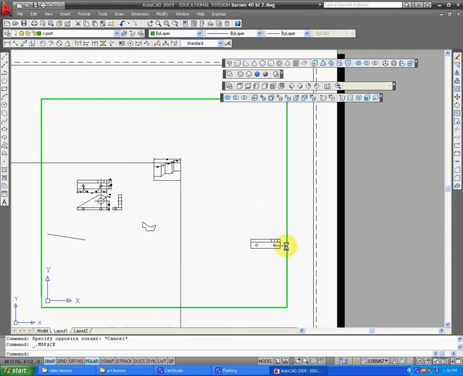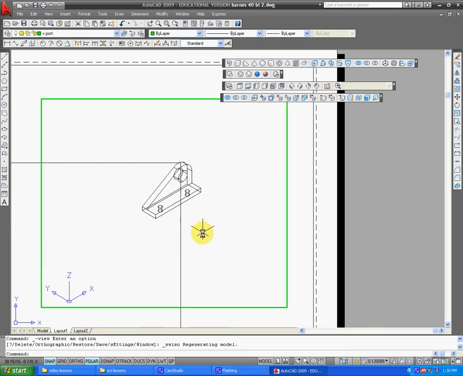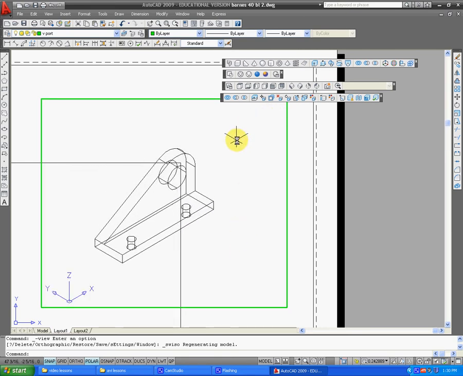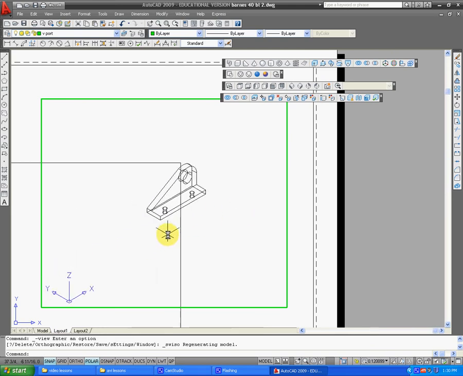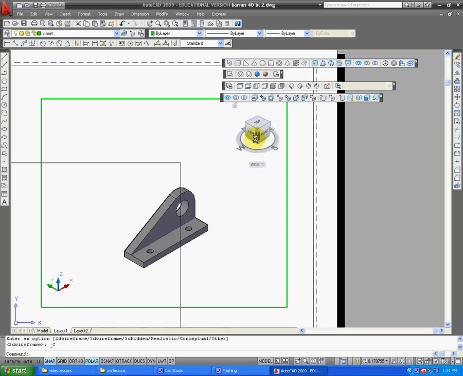Choose an isometric, pan over, go one step further, and we'll go ahead and actually put it into a perspective. Let's see if I can get to that setting. I think you can only get to that setting if the shading is on, I believe. Turn shading on. Yes, that's it. And then right mouse click on the cube in the upper right, go to parallel, from parallel